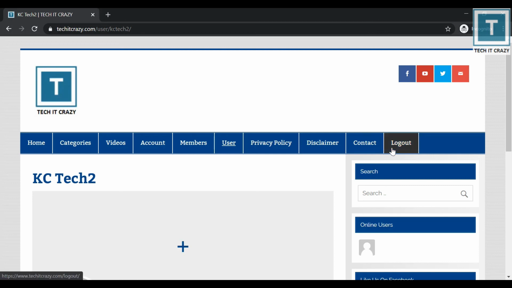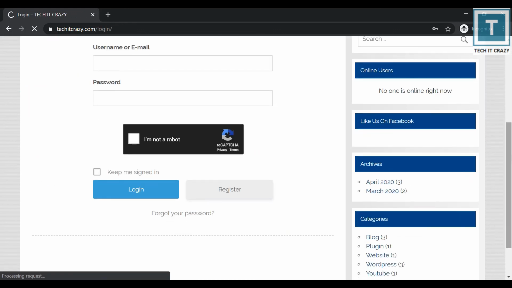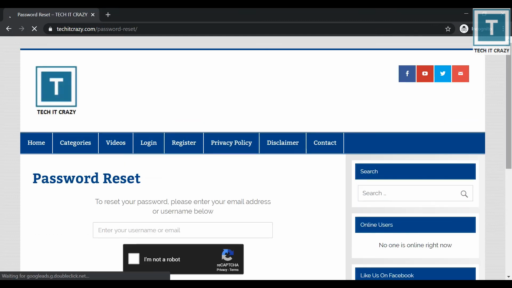That's it, guys. And this is available on the reset password form as well. I will show that one quickly. So just click on this login. There you can find one link called forgot your password. Just click on that.